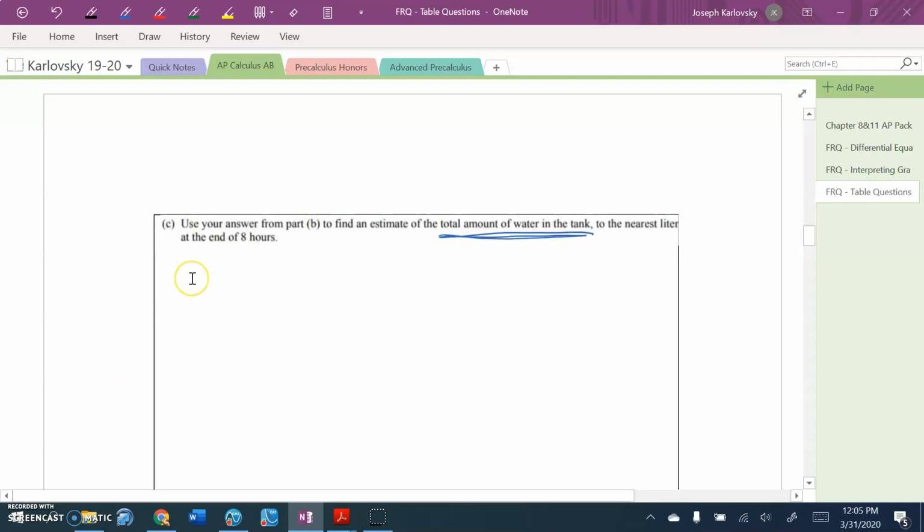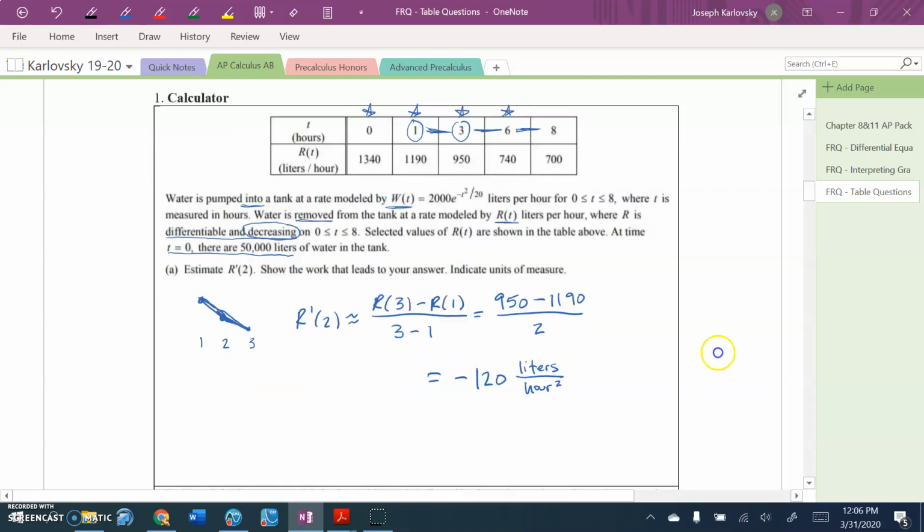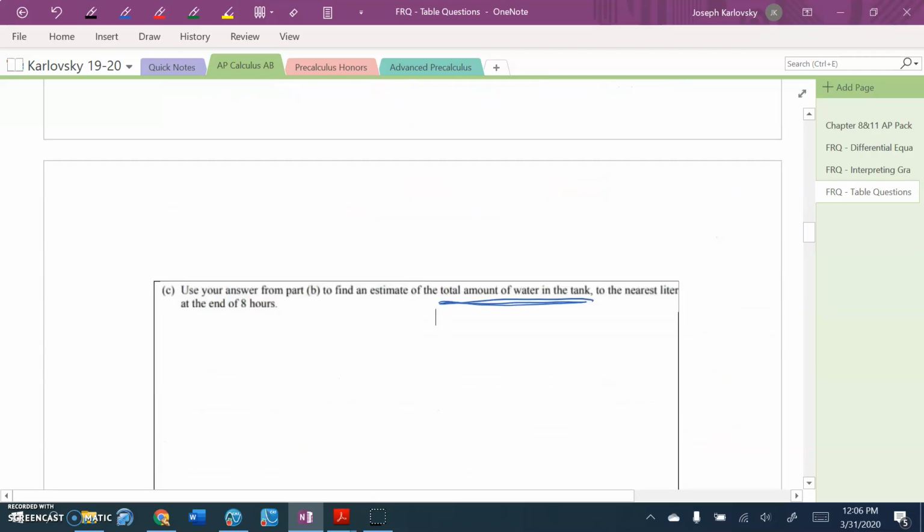All right, so going back to the original, we have those three parts. We know that we start with 50,000 liters. And then we know we have a function. Finally, we're going to use the W of t function for adding water into the tank. And then we have our approximation from part B for the water removed from the tank. So let's just piece that together. So for the total amount at the end of 8 hours, we would have our 50,000